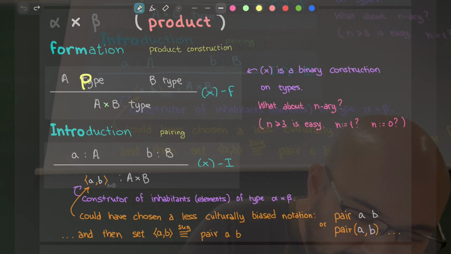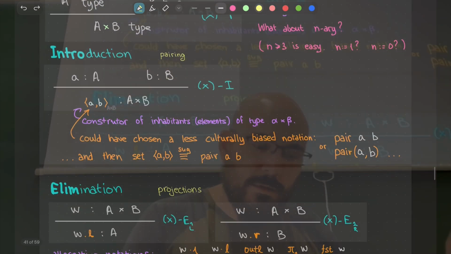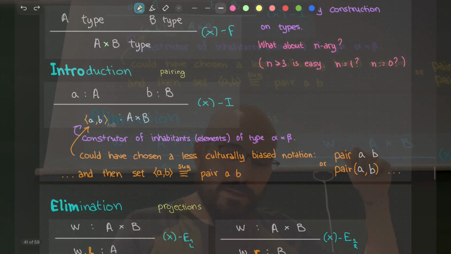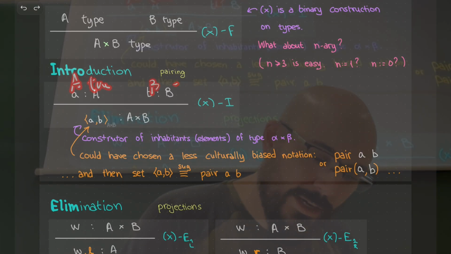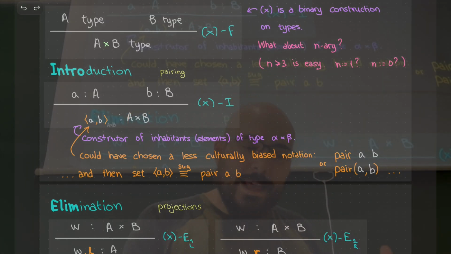The important similarities extend to introduction and elimination, which have exactly the same form. Here I had A true and B true, and I would conclude that this is true. And here I'm already starting to appreciate that I have some further information.